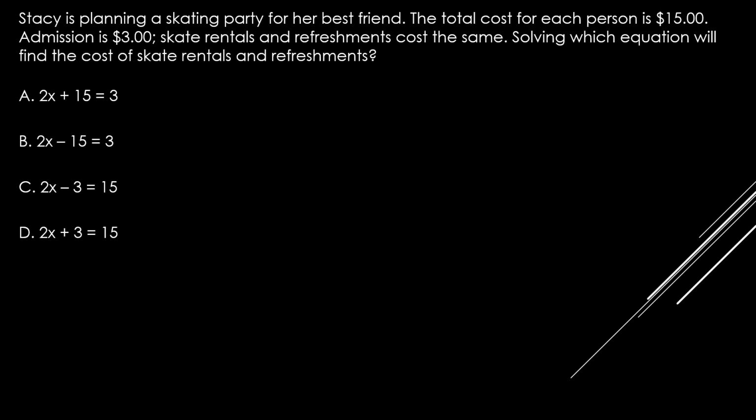Alright, Stacy here is planning a skating party for her best friend. The total cost for each person is $15, and the admission is $3. The skate rentals and refreshments cost the same. Solving which equation will find the cost of skate rentals and refreshments? Okay, well, she's paying $15 per person, right? So 15 is going to be her total. So since 15 is the total, that means A and B here are out because I need to have 15